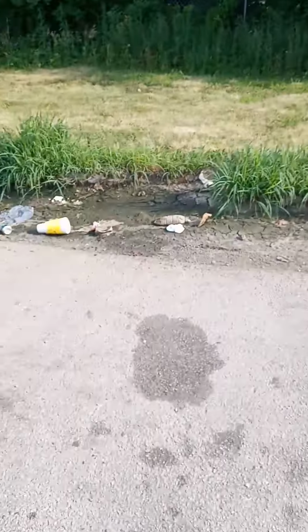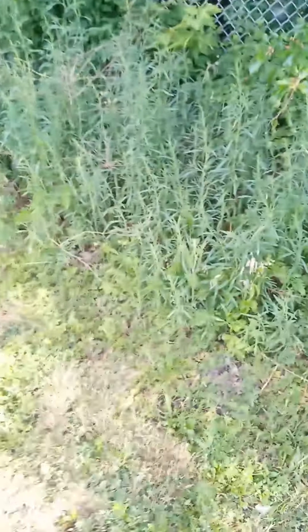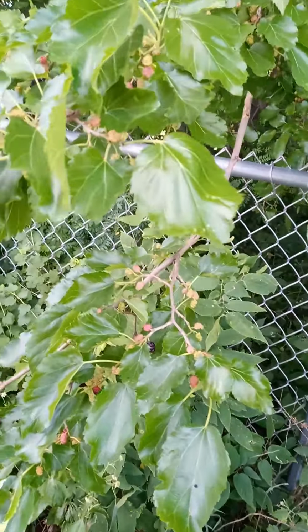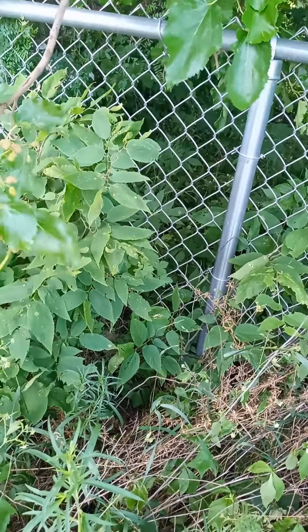So I figured I'd come out here and do some foraging and exploring, although this probably ain't the best place to do it. Although along here might not be a bad spot. It's more away from the beaten path. There's some mulberries. But yeah, on the road,